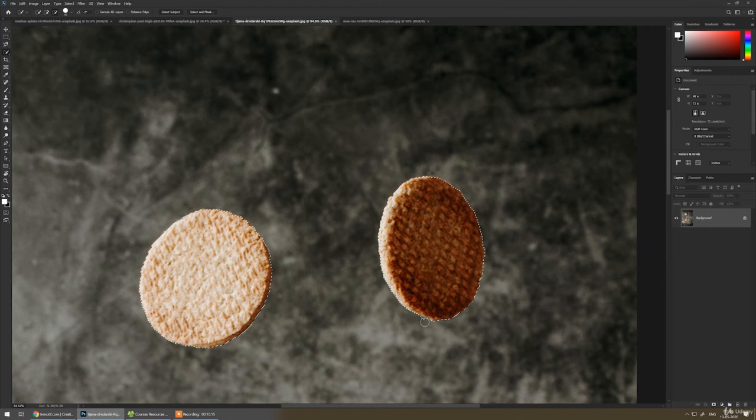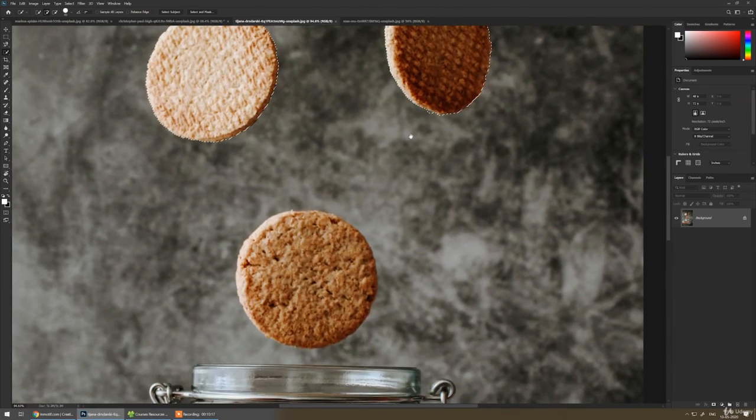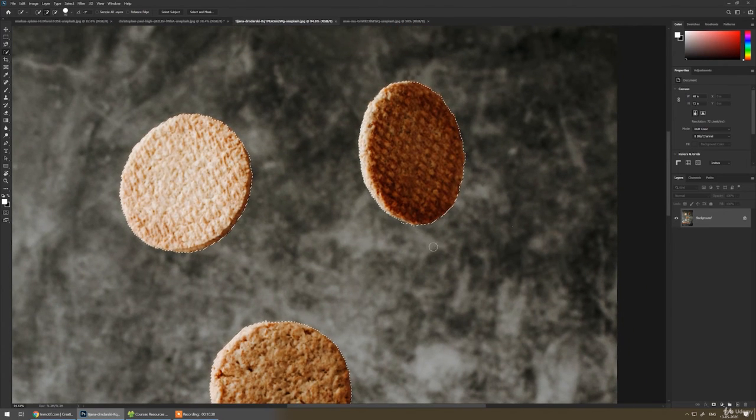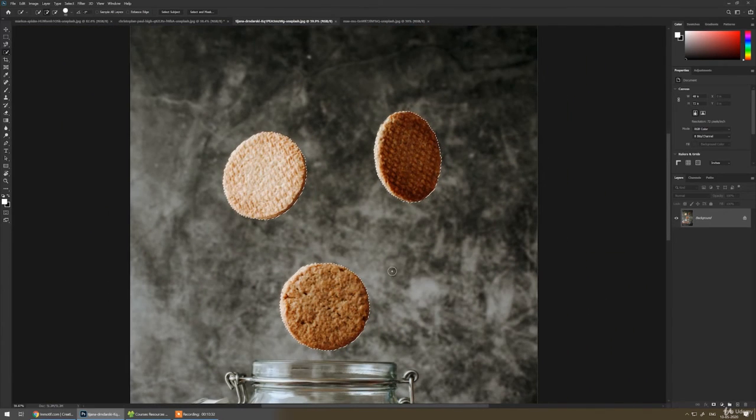I'm just making a rough selection to give you an idea of the tool. So let's add these selections, subtract some selections, and now we have our three cookies selected.